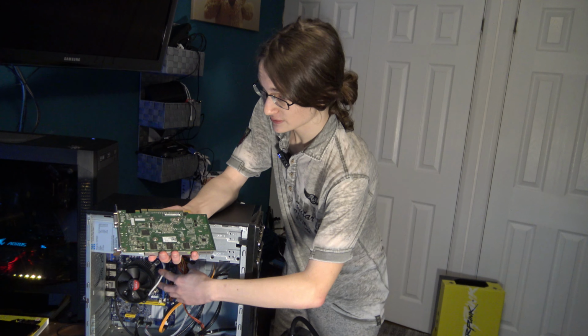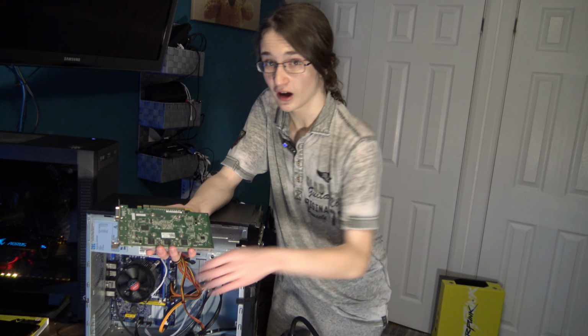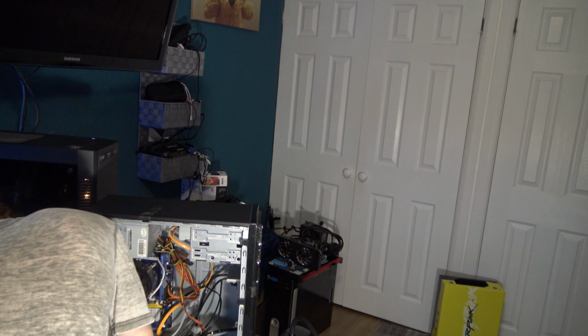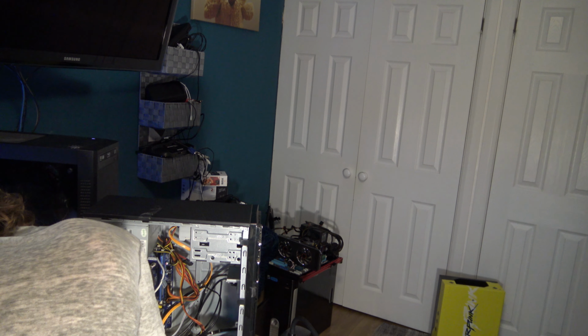But now let's get on to what you've all been waiting for, the graphics card. Because, as we've established, getting any games to run on just integrated graphics is going to be quite the pain. So let's hope that we'll finally be able to turn this little project around by introducing a graphics card. How on earth do I take off this PCIe cover? Do I pull on this, or do I slide it, or...